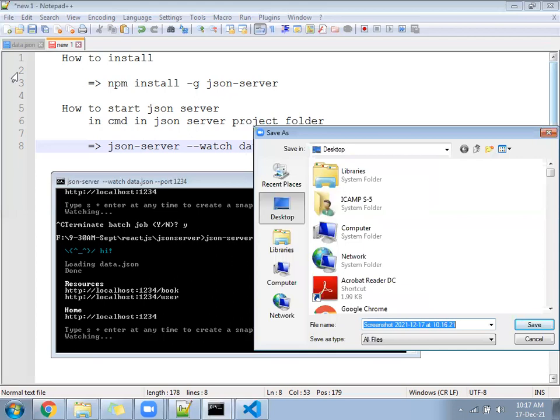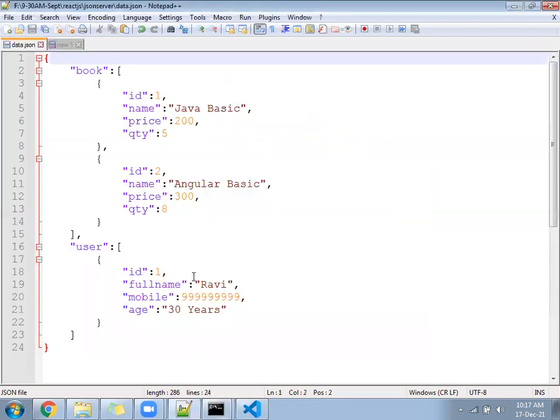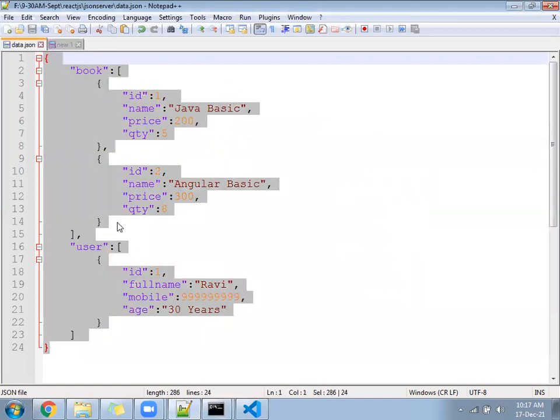I will share my data.json file code in chat. Whoever has the problem can replace the content of the file and then restart again.